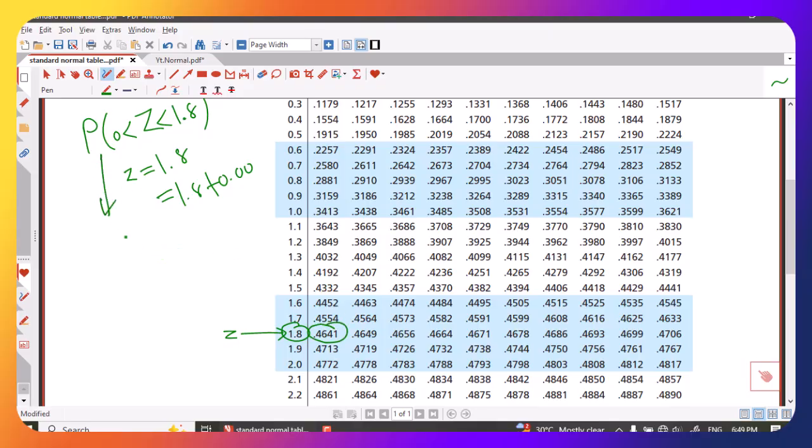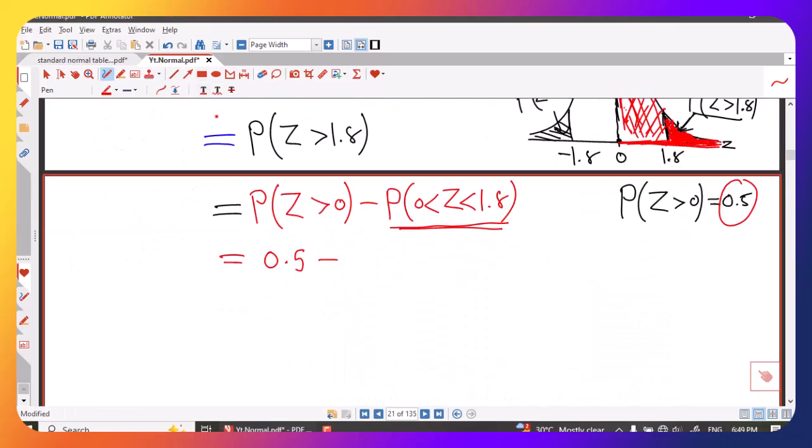Okay, this area between 0 and 1.8 is 0.4641. So this is my required value. Probability that z lies between 0 and 1.8 is 0.4641, that I will substitute here, 0.4641, and using these two values I find that required probability is